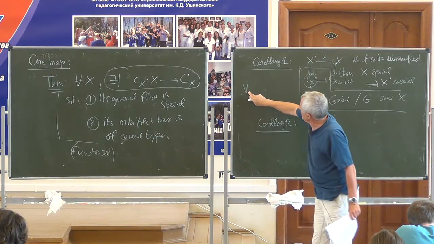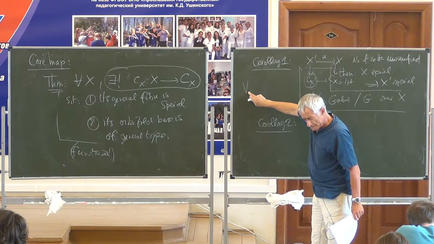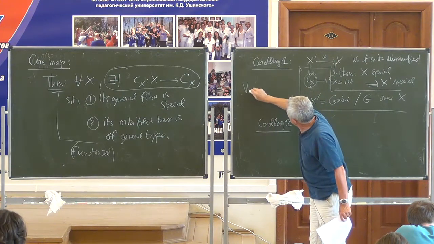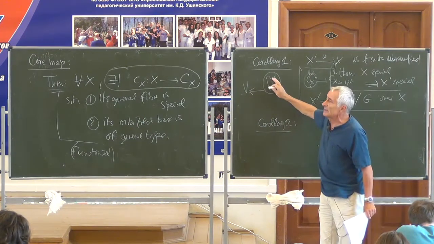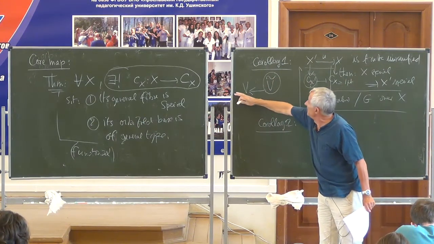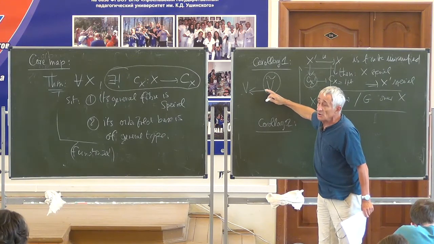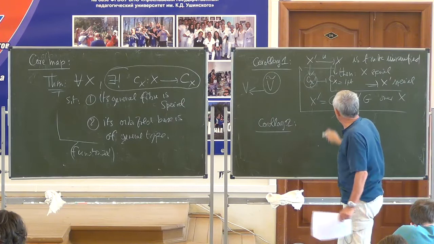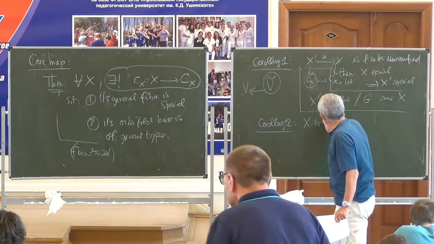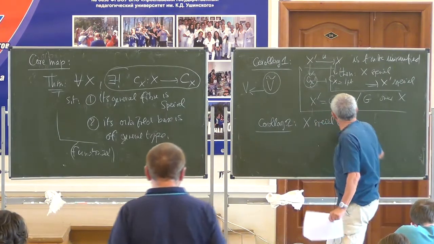An irreducible variety is special if so is its desingularization. Take a smooth model, and you say that V is special if so are all of its smooth models. Corollary 2: X is special if and only if